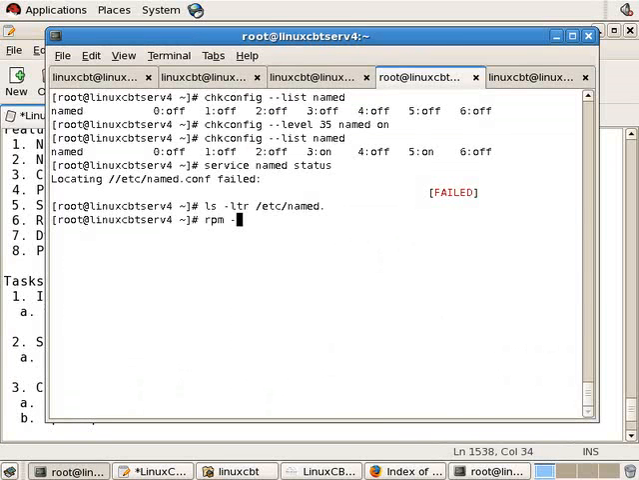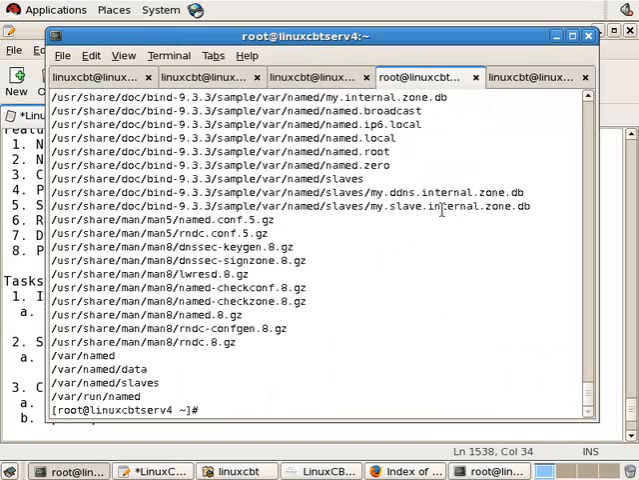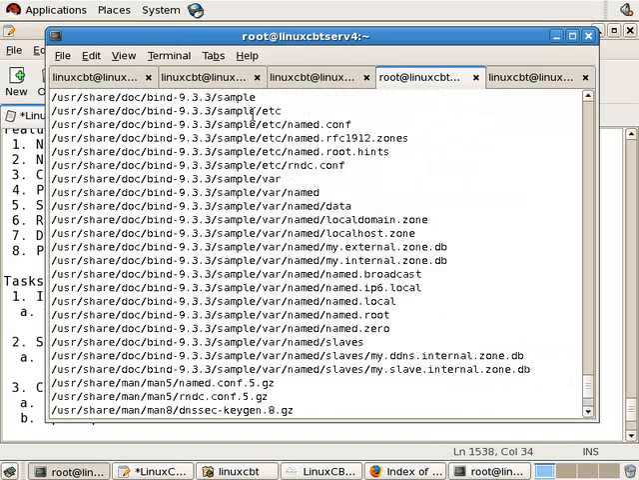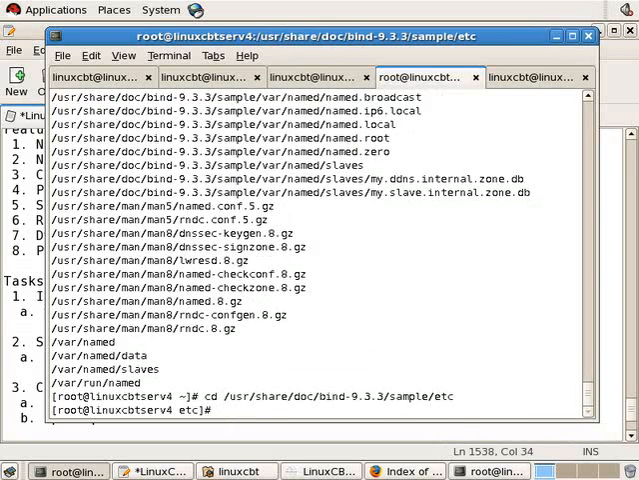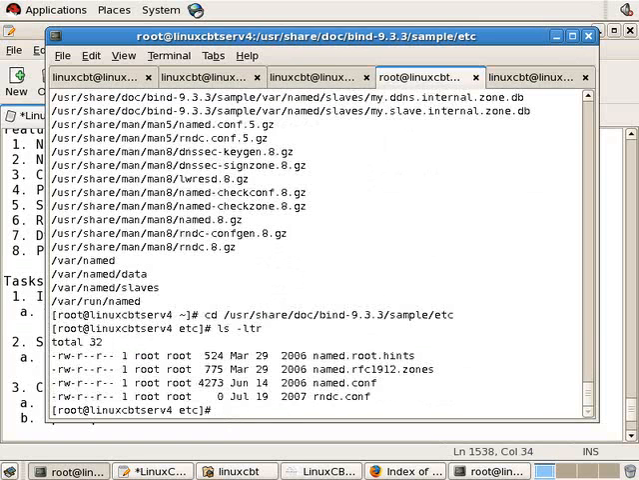So let's run rpm -q -l bind. This runs off the screen. If we scroll up, however, the etc entries are important. So we'll navigate to the first /usr/share/doc/bind-9.3.3/sample/etc directory, where we'll find named.conf. We also see named.root.hints,